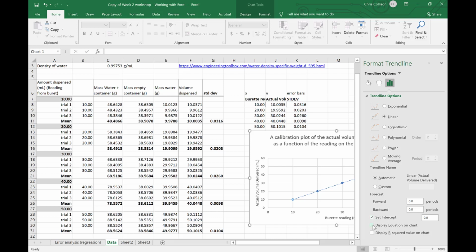We're going to also display the equation on the chart, and we're going to display the R² value on the chart. When the R² value is close to 1, we have an excellent fit. That means the equation for the straight line fits the data perfectly when we have an R² of 1. So we're going to enter that,